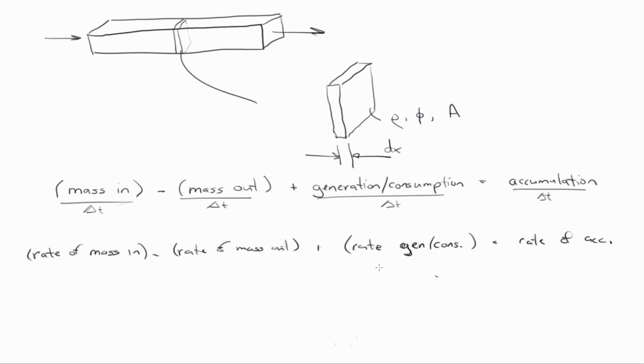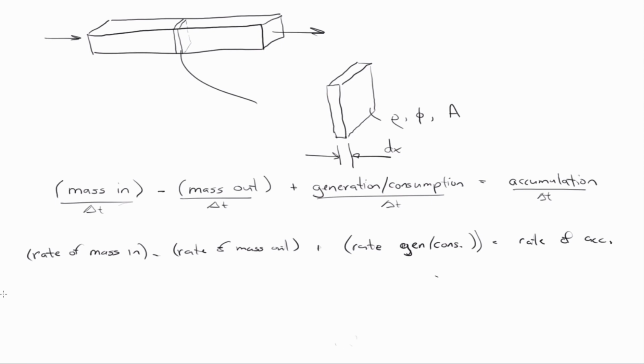Right? So just a subtle change in the wording then sort of makes, in my opinion, the derivation a little bit more straightforward. So if we go back up to our differential volume,